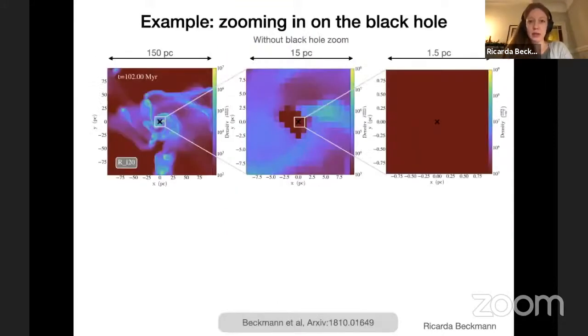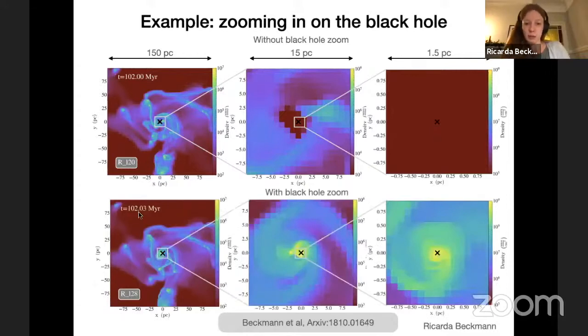So this is an example. At the top, I've got a simulation minus the algorithm I've added, where you can see on galactic scales, we have beautiful detail. This is a simulation with about parsecs worth of resolution, which is very good for the kind of length scales that we need to follow to understand black hole growth over 600 megayears or so. But if you look sufficiently close to the black hole, we very quickly start losing information, and on parsec scales, there's very little information left since we're only looking at a single pixel.